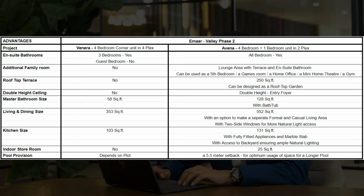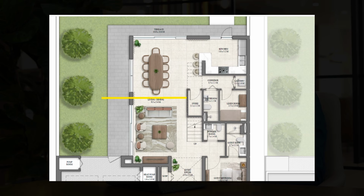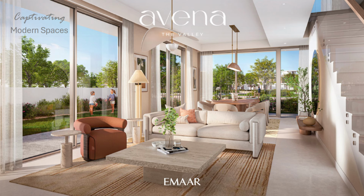Then talking about the living and dining area, now this is a very important space. I feel in the property, the maximum amount of time is spent in the living area and the dining area. If you see the exact size, in the 4-bed corner townhouse, you get 353 square foot, whereas in the 4-bed semi-detached villa, you get 552 square foot of living and dining area space. And if you see the layout, there's an option to make a separate formal and a casual living area. And as I said, it has windows on 2 sides,